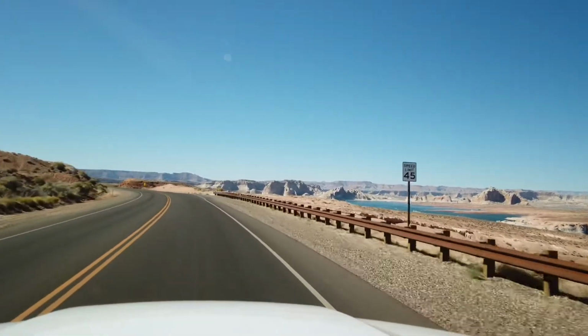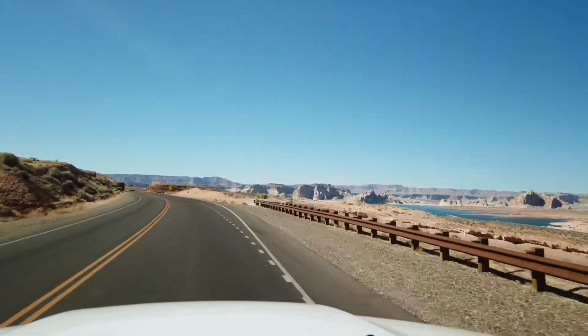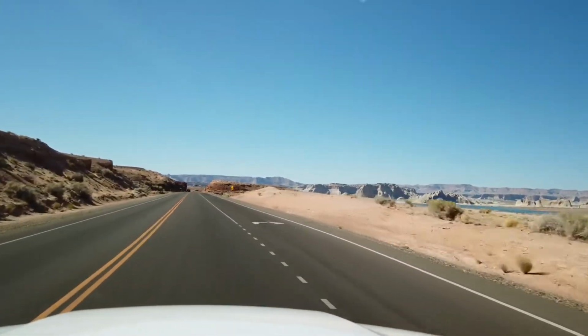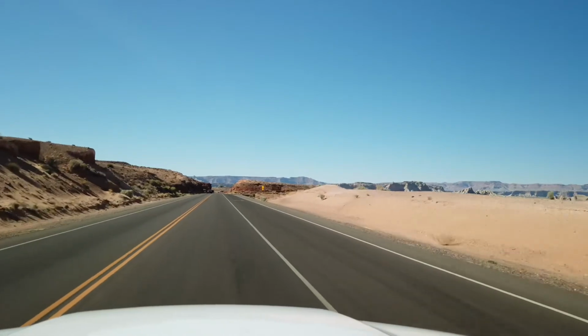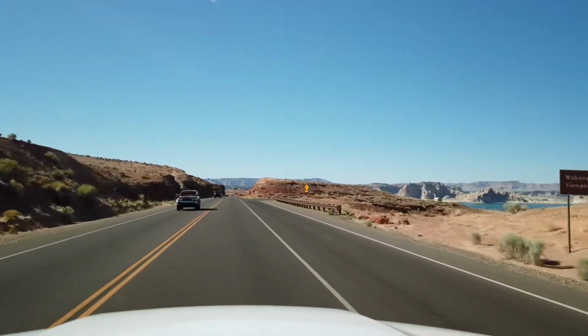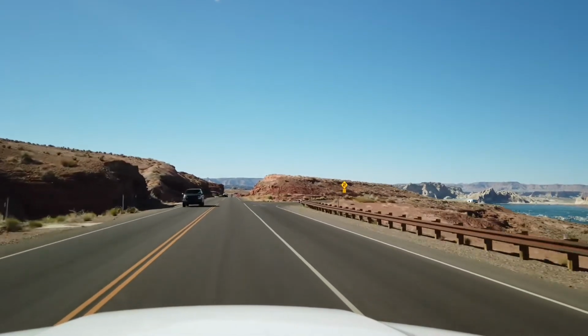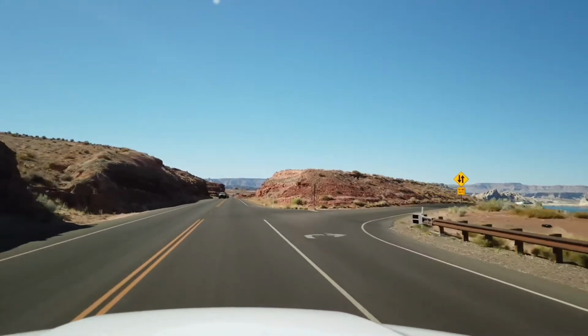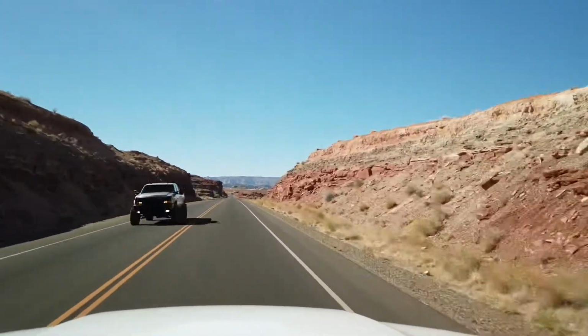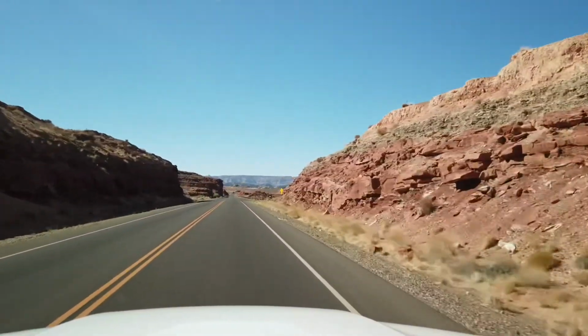So here it is, looking at this beautiful landscape. Page, Arizona. As a matter of fact, the mountains in the distance are in Utah. We went swimming in Utah yesterday, at Lone Rock Beach. And that was fun. It was a little bit crowded, a little bit unexpected that so many people would be down at the lake, but